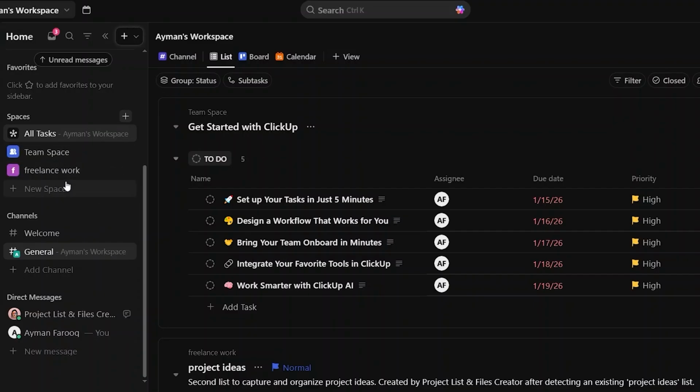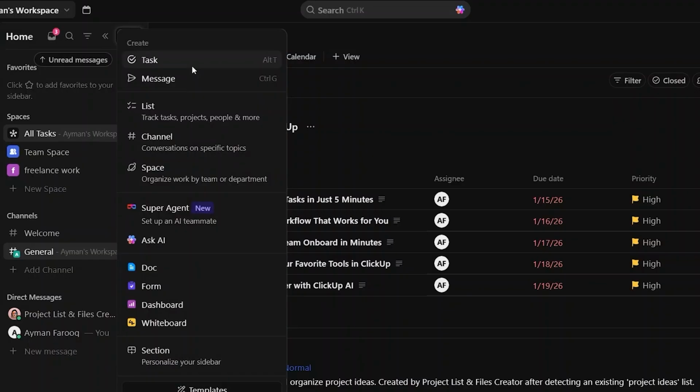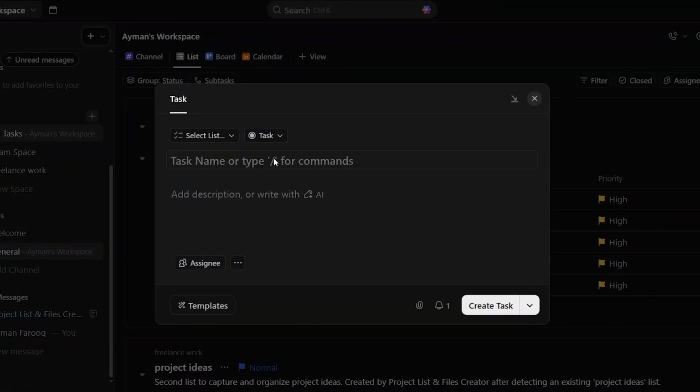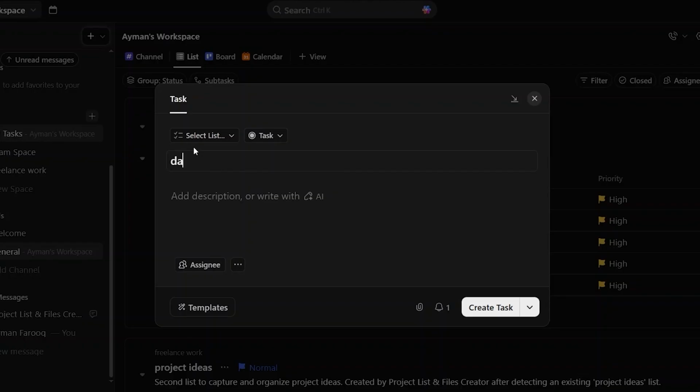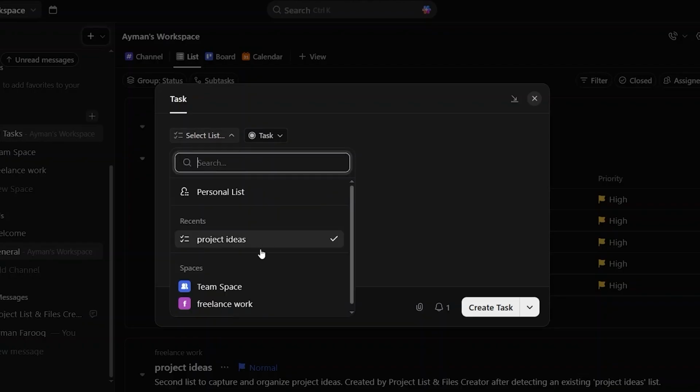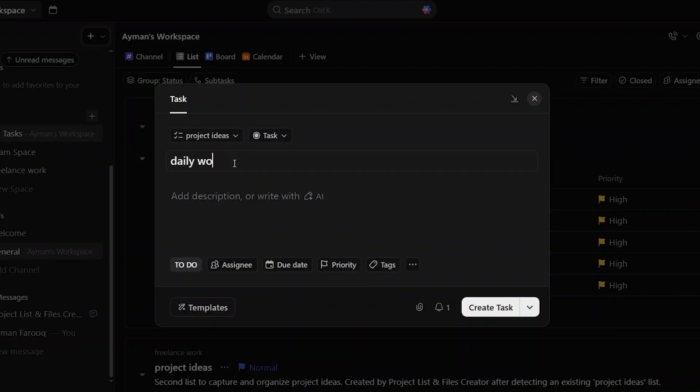So let's say we need to create a new task in a new space. You're simply going to click on task and you can just keep adding in your tasks. You can name your task list, like we're going to do this for daily work. We're going to put this in the list of project ideas and we are going to add the task for